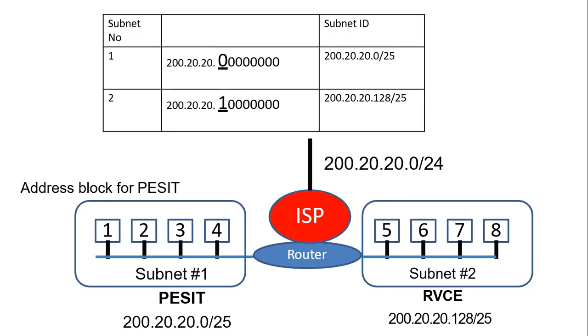So if you want to create 2 subnetworks from one IP address, there are 256 addresses available in total, but since 1 bit is used as a network ID, we have the remaining 7 bits. With 7 bits, you can have the ID from 0 to 127. And for the next network, 128 to 255. So that many IDs are available. Now, when you combine the total number, it will become 256.